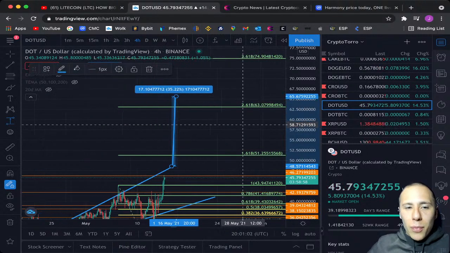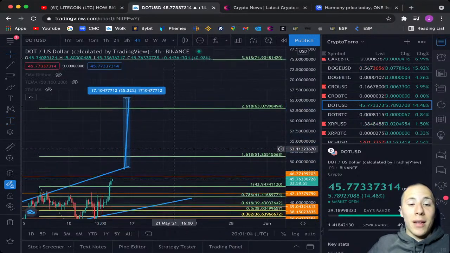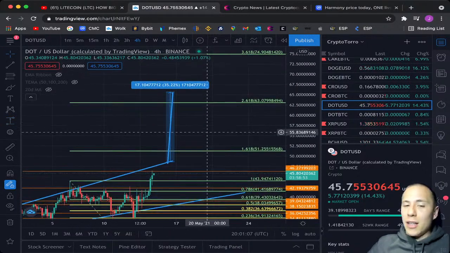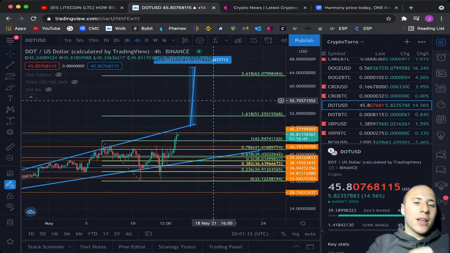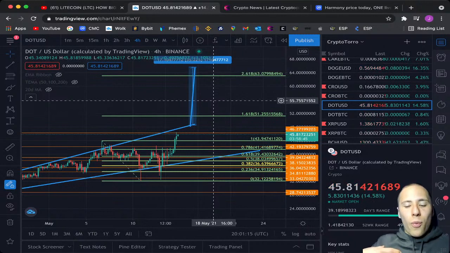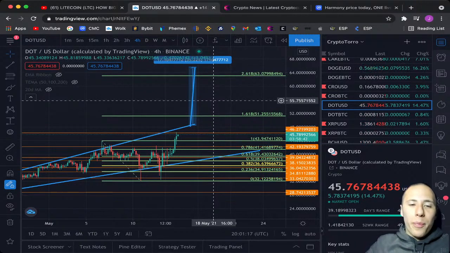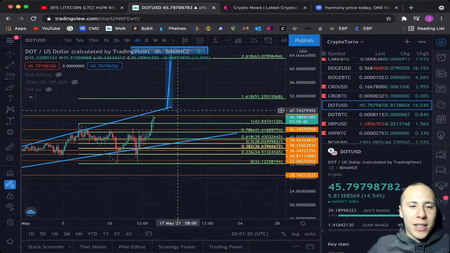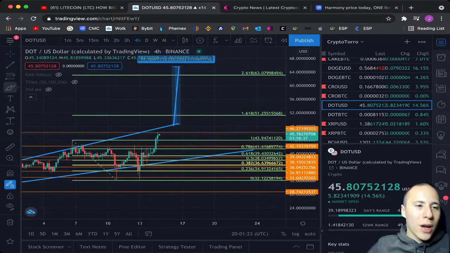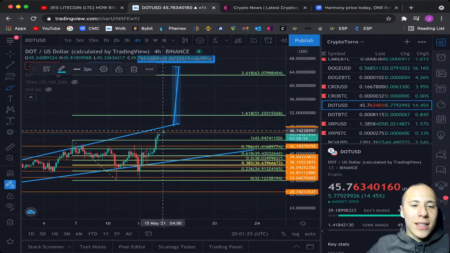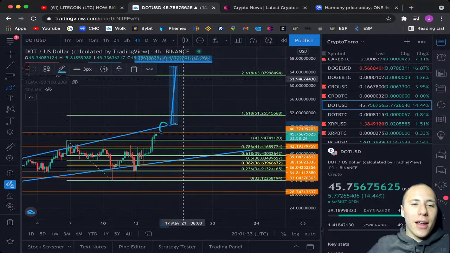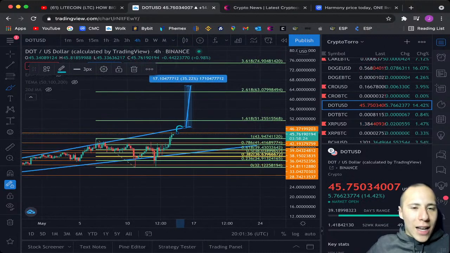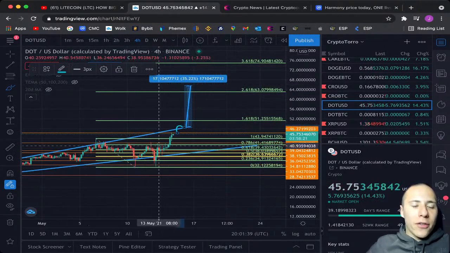And it's just a move of 35%, and we have seen way bigger moves on the Polkadot chart. So I think this move, just as I said before about XRP, is just a matter of time and it will be happening. We just have to wait patiently and take a look at when Polkadot will be going above this upward sloping resistance level, finding support on it as a confirmation to place a trade towards the upside, and maybe with a nice leverage gaining a lot of profit out of this trade.